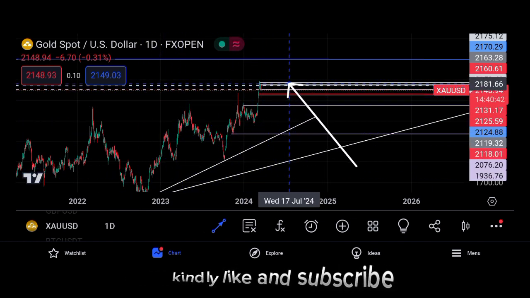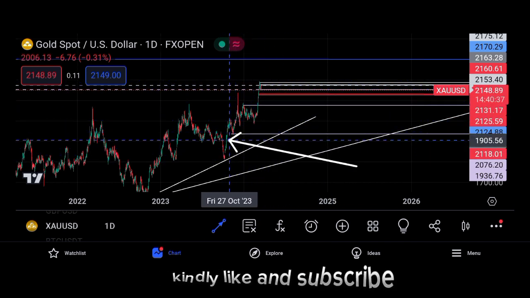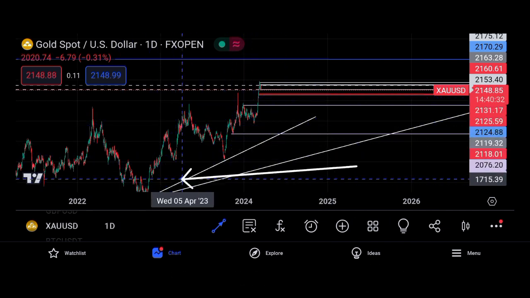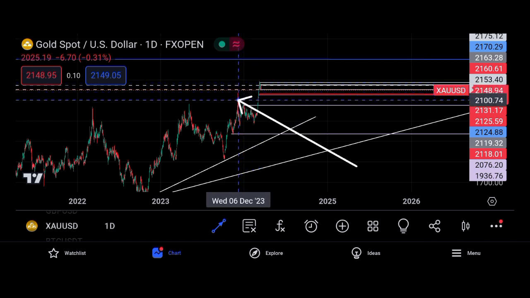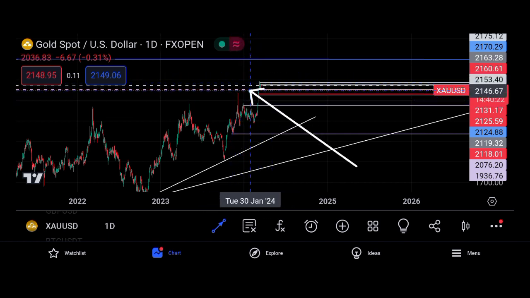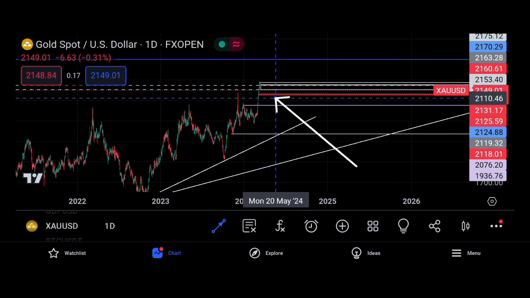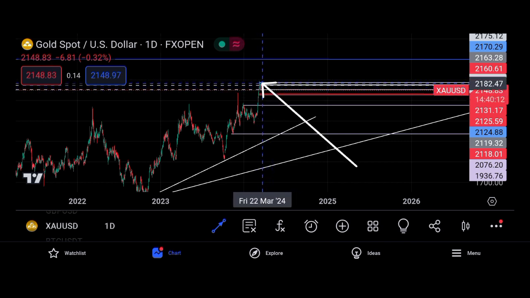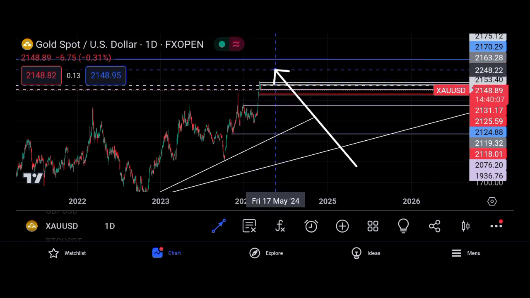So now what I'm currently looking out for is because right here we also have a trend line, because now this is the first touch, then the second touch, we also have a bigger time frame trend line. So now we also have like an inner trend line right here. So what I'm currently looking out for is because this high right here has taken out this high, we should be expecting a retracement, right? It's a retracement, so we should be looking more at sales, but I still don't care, anything the market gives me, that's what I'm gonna trade, but this is just a long term analysis and stuff.